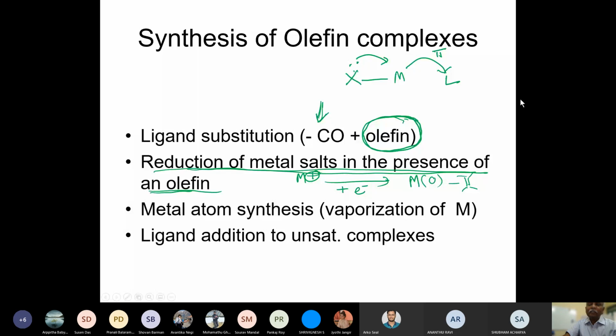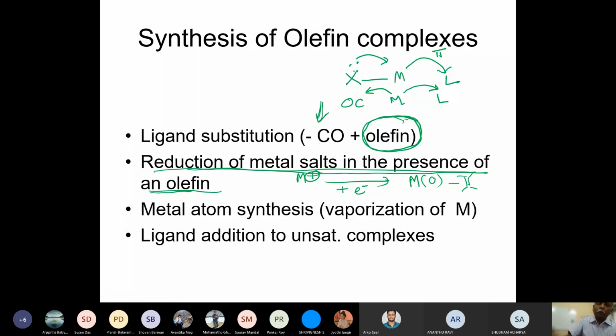So a similar situation is there. If I have a carbon monoxide, it also wants to pull electron density in the pi system like this. And if L is also going to pull, then there's going to be a competition. So this is what is going to determine whether you can make the metal olefin complex or not, depending on the strength of the pi interactions.